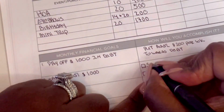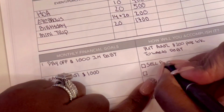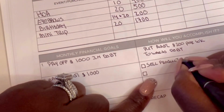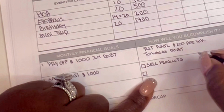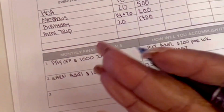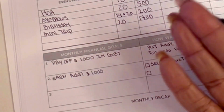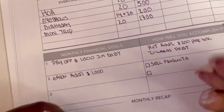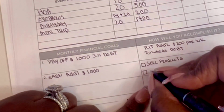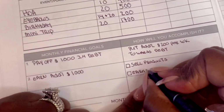First, I want to sell my products, right? I have this book, my savings challenge book, I have some items, Amazon. I have a couple of streams of income that I've established, so I need these to be income producing income. And then I also am a day trader, so I just want to earn $200